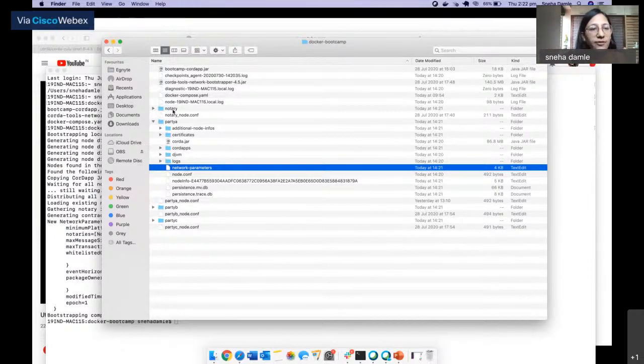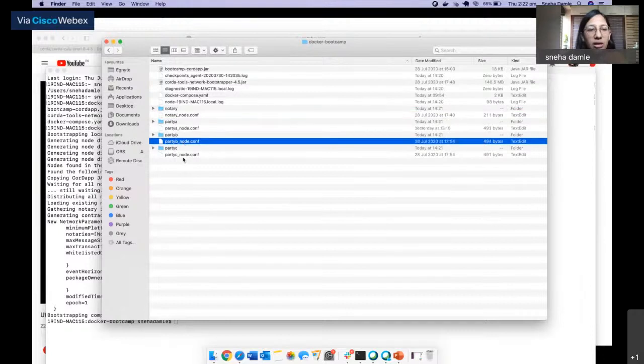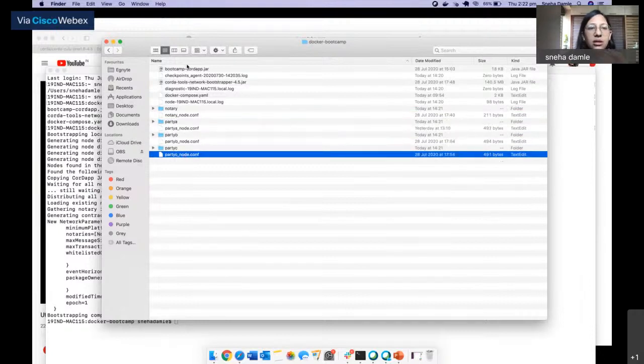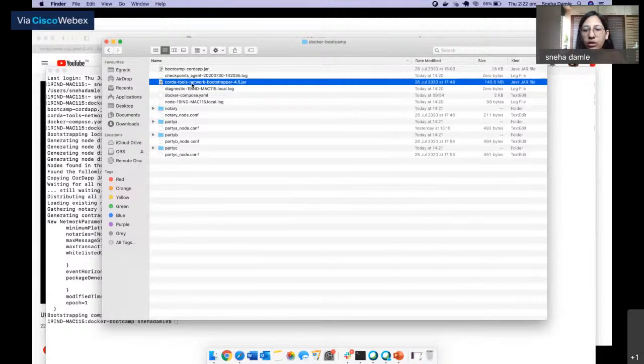So till now, what we've done is we've set up all the configurations required to start off a local network. For that, we placed the different configuration files of the parties in one folder. We placed the Corda app jar in the same folder. We also placed the tools network bootstrapper in the same folder.